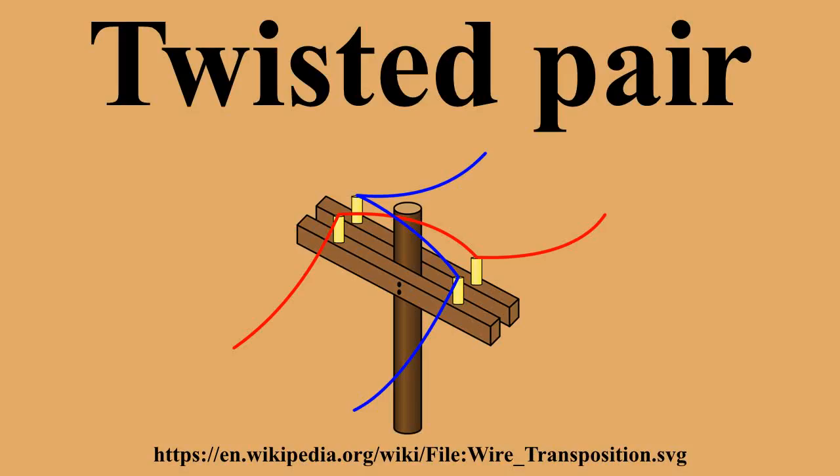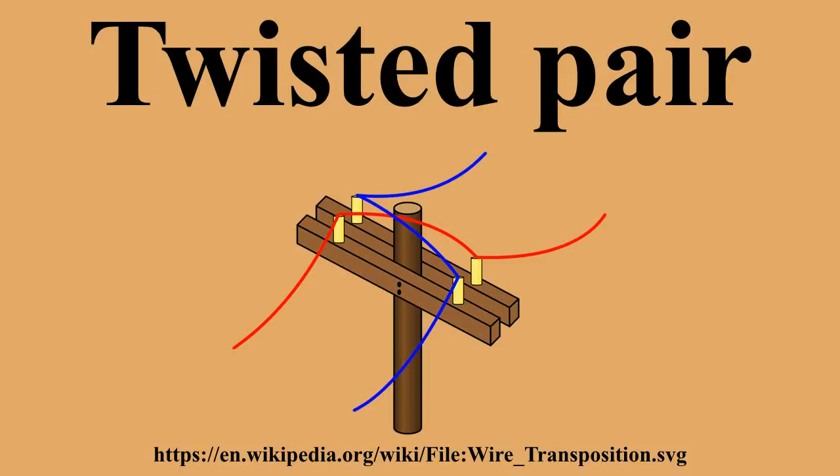So engineers devised a method called wire transposition to cancel out the interference. In wire transposition, the wires exchange position once every several poles. In this way, the two wires would receive similar EMI from power lines. This represented an early implementation of twisting, with a twist rate of about 4 twists per kilometer, or 6 per mile. Such open-wire balanced lines with periodic transpositions still survive today in some rural areas. Twisted pair cabling was invented by Alexander Graham Bell in 1881.